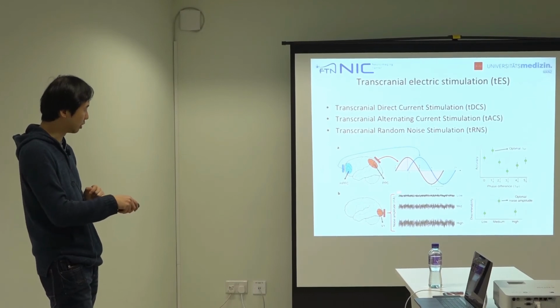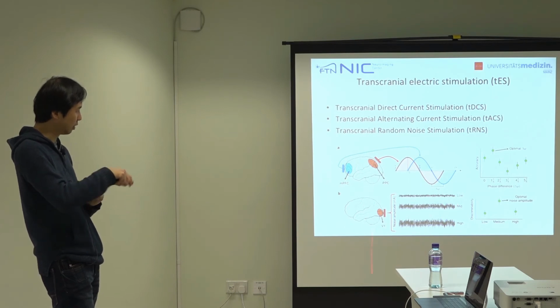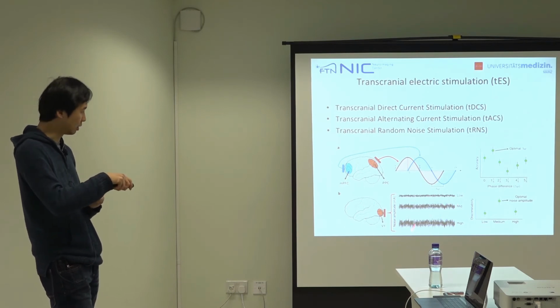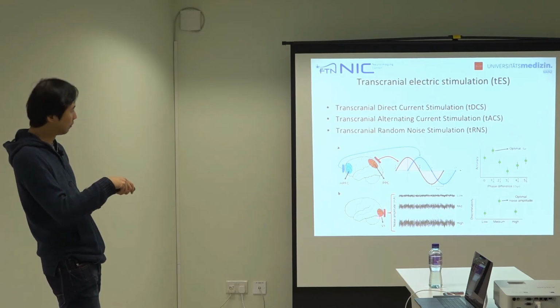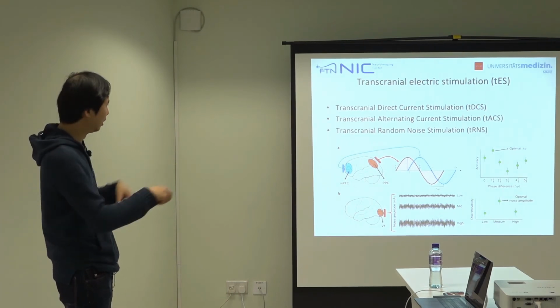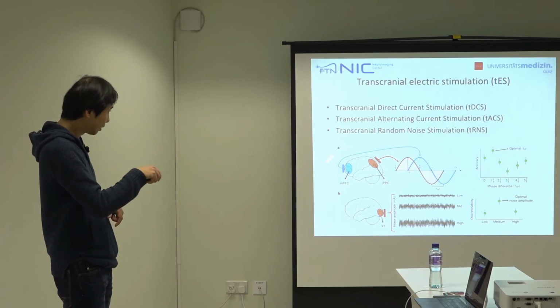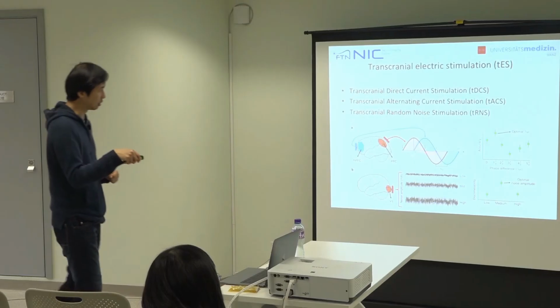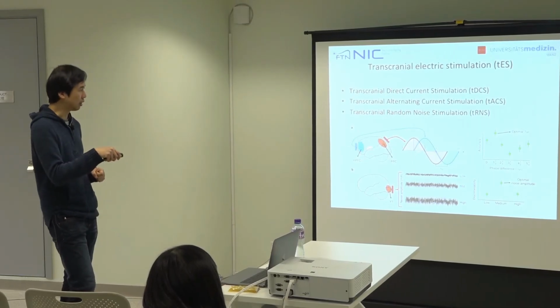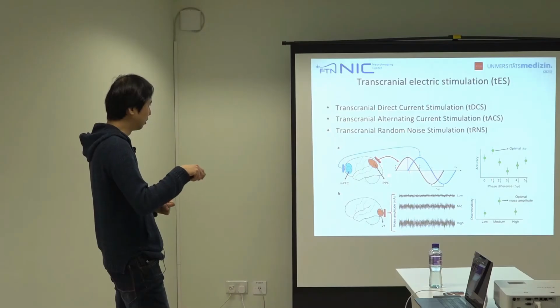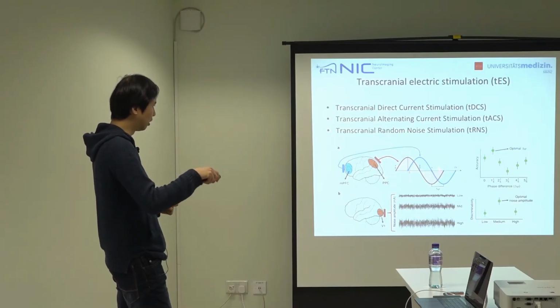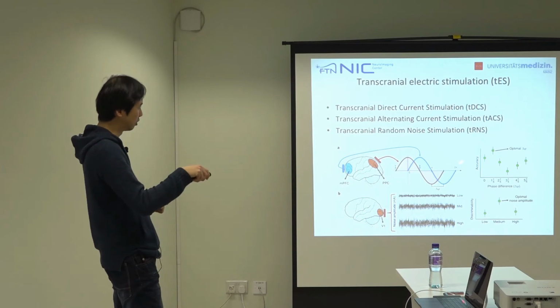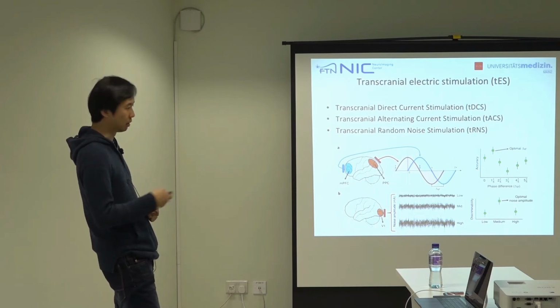So you are putting some noisy current, like if you have a low noise current or mid noise current or high noise current, this is the noise amplitude. So these are some current that you put into the respective brain area. So for the transcranial alternating current stimulation, you are trying to affect the phase synchrony of the oscillations of the 2 different sites, because you're applying